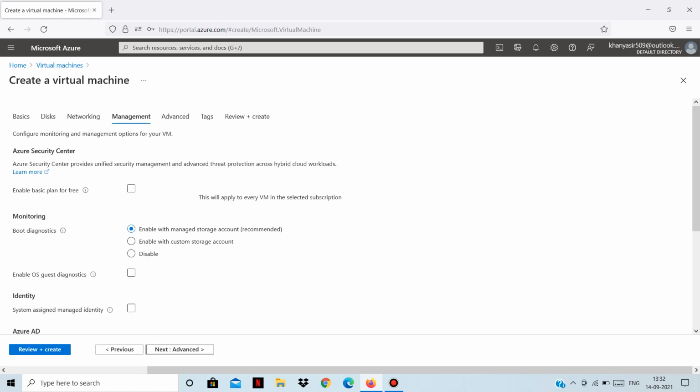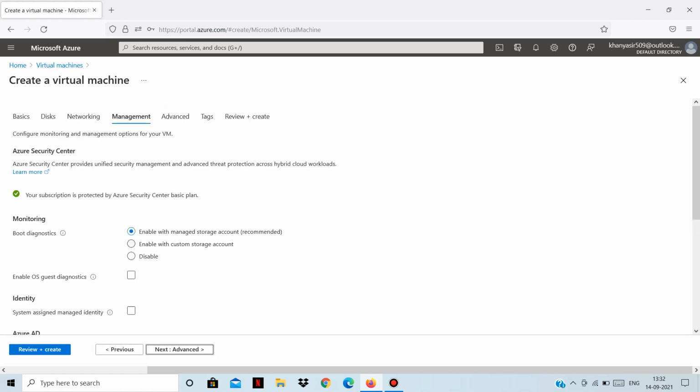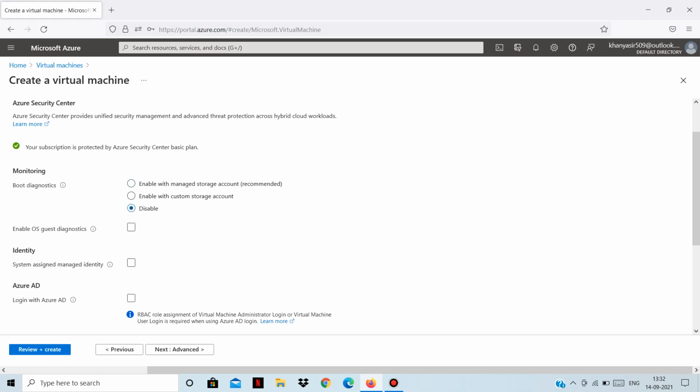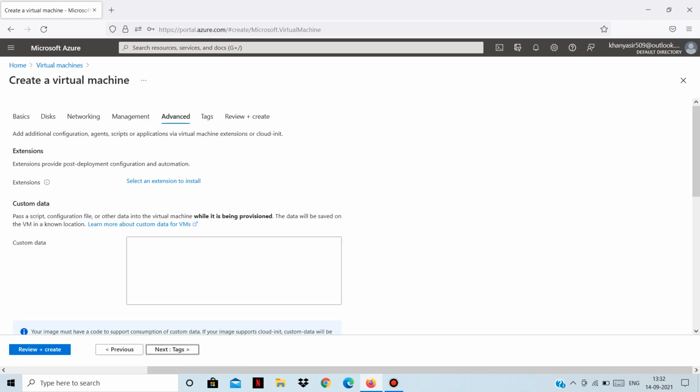Next, from the management tab, we don't require many of the settings here. Let's disable boot diagnostics. Go to advanced. In advanced, if you have any script, you can simply paste it here, to pass a script, configuration file or other data into the virtual machine while it is being provisioned. That means when your virtual machine is created, if you want to run any script after it gets created, you can do that here.